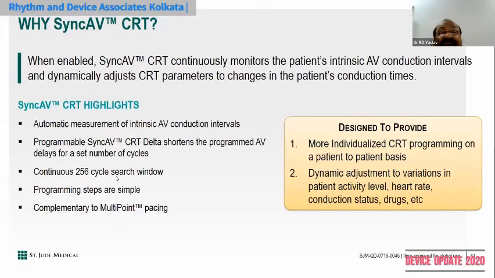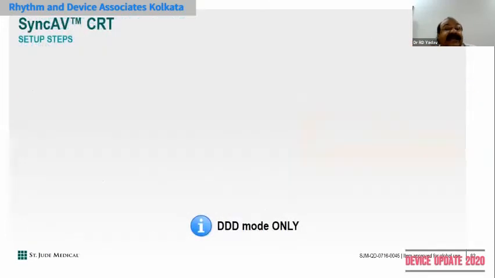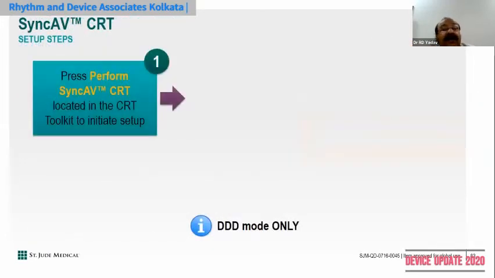So intermittent checking of 3 beats is required so that the biventricular pacing occurs here. Here also intrinsic conduction will go through the right bundle, and the right bundle is activated, and here also the QRS becomes narrow, and synchronous and fused depolarization of the LV will occur. So this is the SyncAV CRT mode. How to perform the SyncAV CRT mode?